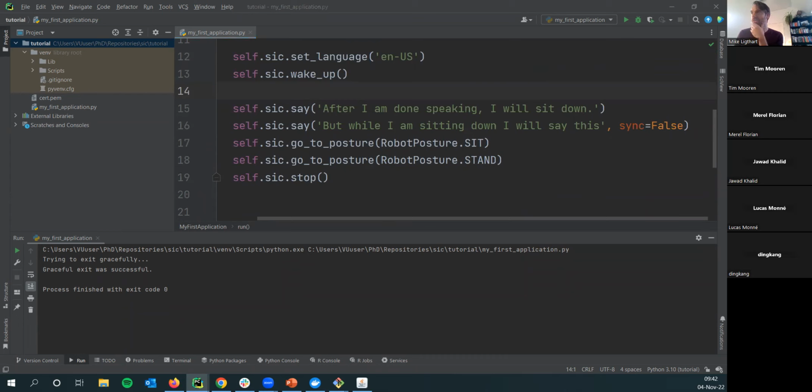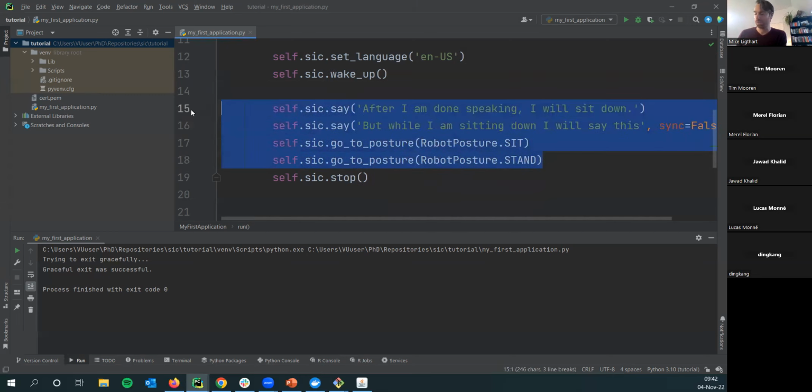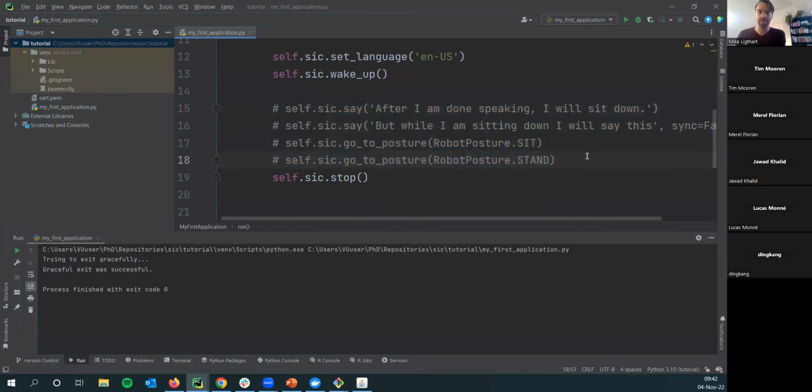the interaction thread. There is another example, or part of this example, that I want to go over, and that's about subscribing to events and making your program wait for it. So I will comment this out and just focus on a specific thing. I covered set language, wake up, say, go to posture, all actions related to the robot directly,